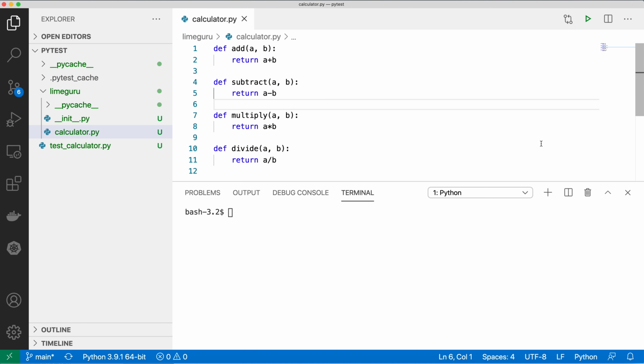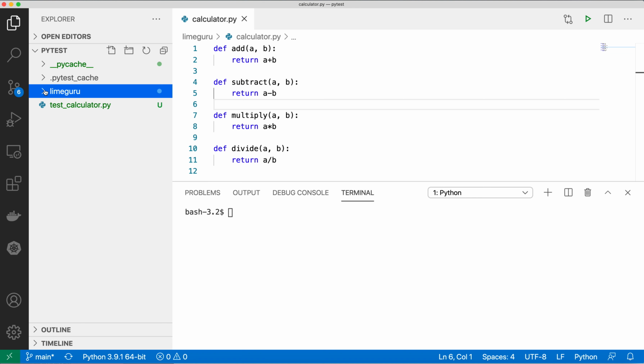In this video we will learn how you can write your unit test cases in Python. We will be using the PyTest library. I have already installed PyTest on my local machine, and we are going to write unit test cases using PyTest to test my Python function. To start with, on the left hand side I'll show you what I have.